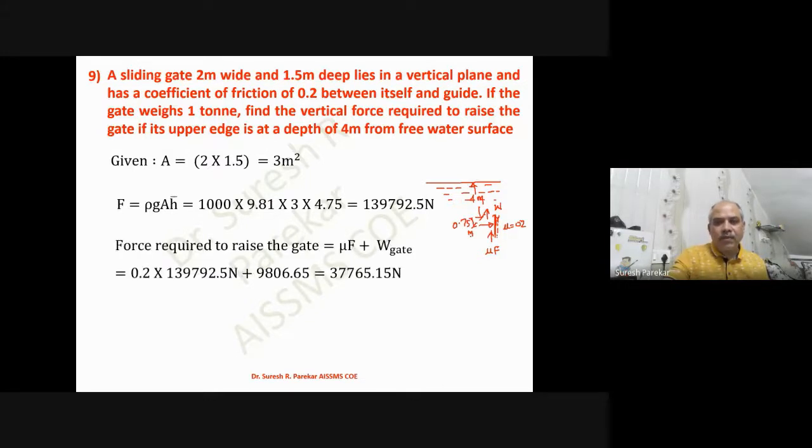And then the force required to raise this, I already mentioned, is mu F plus W of gate. The W of gate is given: if the gate weighs 1 ton, find the vertical force. So we have 0.2 into 139 plus 9806.65 Newton, which is 1 ton in terms of Newton, because 1 ton is equal to 1000 kg, and 1000 into 9.81. So the exact value we have is